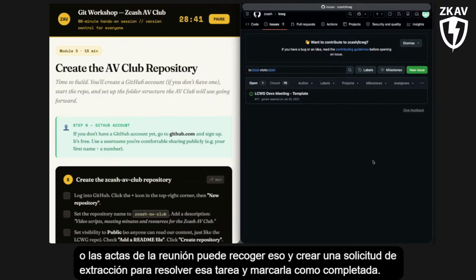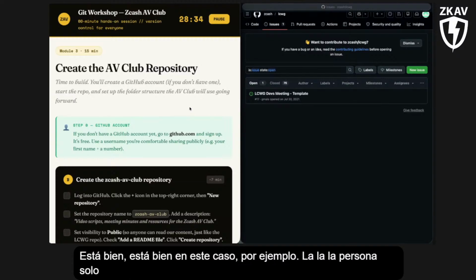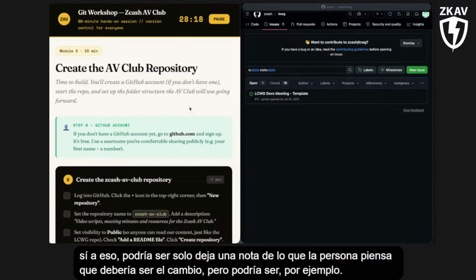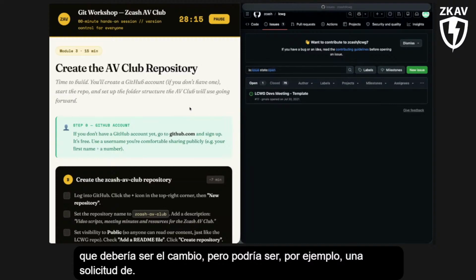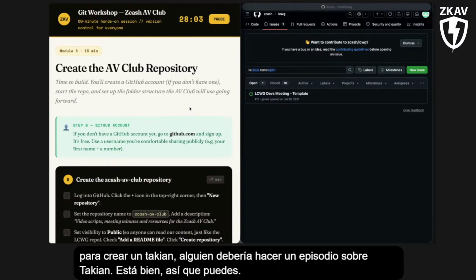Okay. In this case, for example, the person just left some code lines to add to the repo. It just leaves a note of what the person thinks the change should be, but it could be, for example, a request for an episode. For example, let's say you have an idea to create a tachyon episode. Someone should do an episode about tachyon. So you can create an issue on the repo and say,